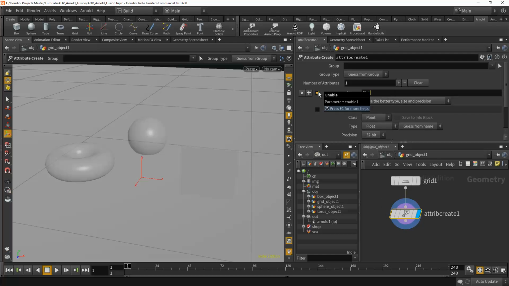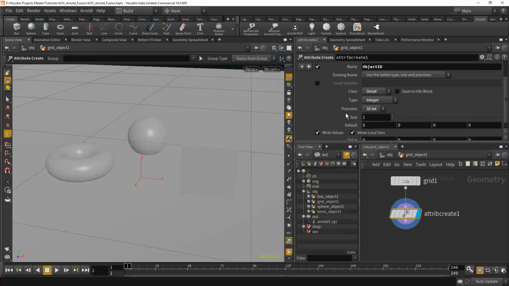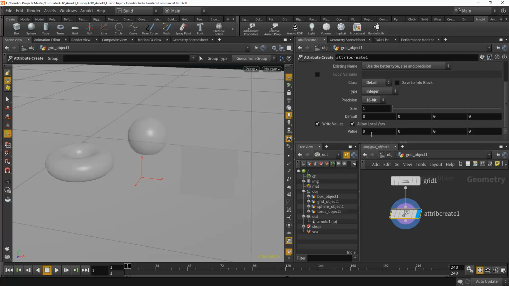So anyway, here we go. Attribute, we're just going to call this object ID, like you see there. And this is going to be a detail class, and the way Arnold handles object IDs is as integer data. So integer, it also reads as 16-bit, so we'll change that, and we need to give it a value for every object that we're doing. The value that it reads here is this value here, and it's only the first field, right? So we could just start at 1 just for the sake of consistency,